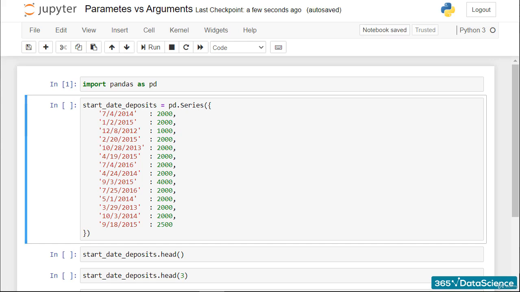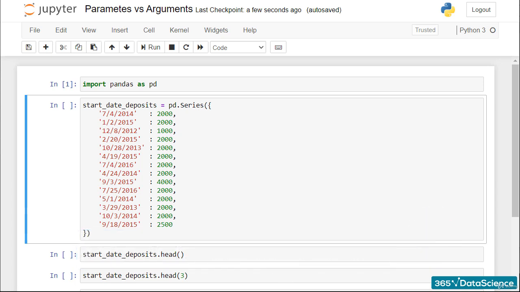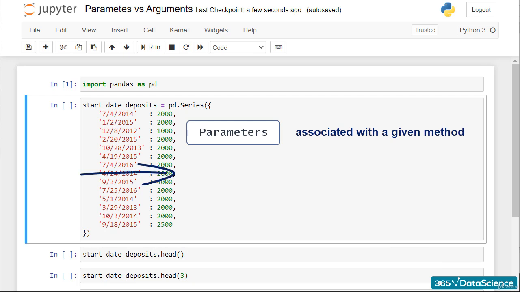As programmers, we employ methods to make use of an object's data to obtain a certain output. The good news is, this isn't necessarily an inflexible and restricted process. In fact, one of the best features of using methods is that we can also modify their performance. Technically, we can achieve that by knowing the parameters associated with a given method and then supplying the relevant arguments